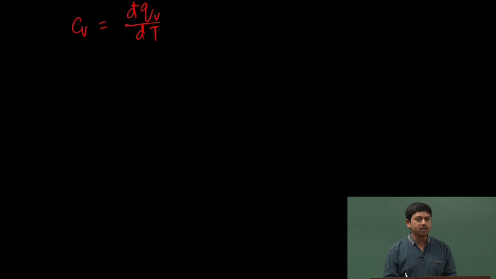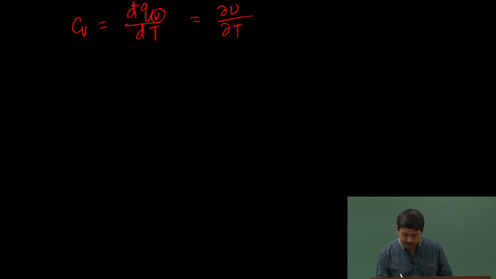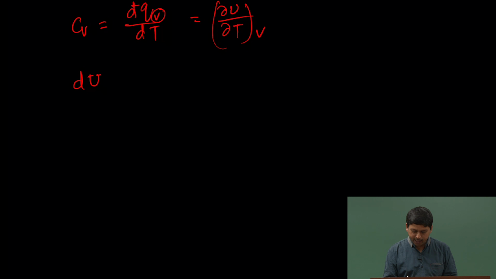This V is very important. This V denotes that we are talking about a constant volume process. Never neglect those things. Equal to del u by del T at a constant V. That is our Cv, which means that if I now try to write it in a different way, I can take that dT on this side and write that du at a constant V is Cv dT at a constant V,